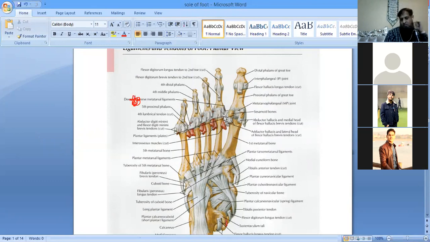ठीक है ना. As you know that metatarsophalangeal joint is what? It is a condylar type of synovial joint, so it is supported by the ligaments. ठीक है ना. तो plantar surface पे यहाँ पे एक plantar ligament होता है. ठीक है, which is just going to hold that joint from the posterior surface. तो ये जो आपका deep transverse metatarsal ligament है, it is going to connect basically those plantar ligaments. ठीक है, उन plantar ligaments को आपस में connect कर रहा है and is going to give the strength to that metatarsophalangeal joint over there.